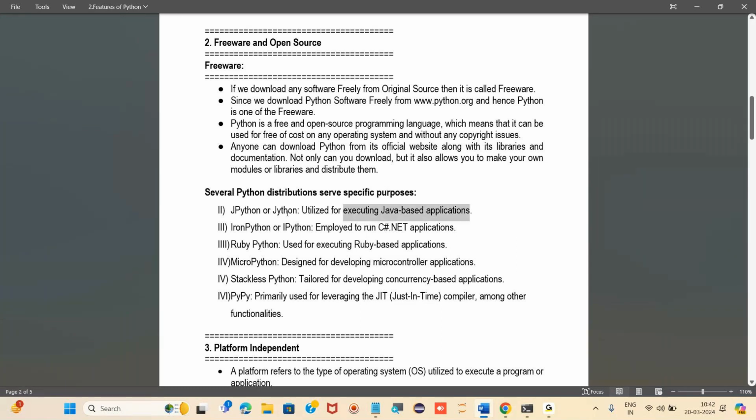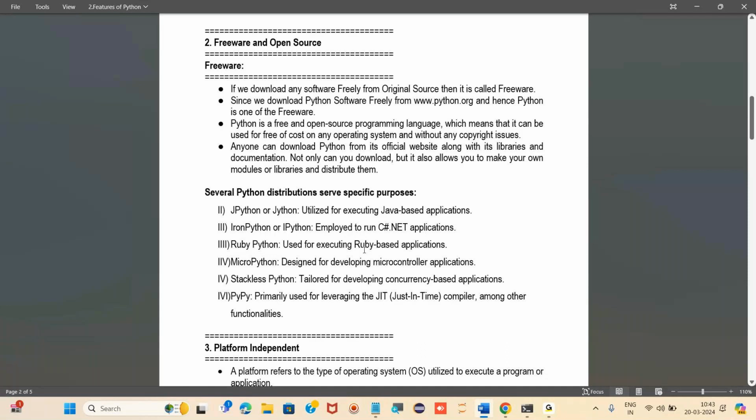Also, there is Iron Python, employed to run C# or .NET applications. Ruby Python is also there to use. Ruby is also a kind of backend language, so we can combine both languages and execute them to create Ruby-based applications.